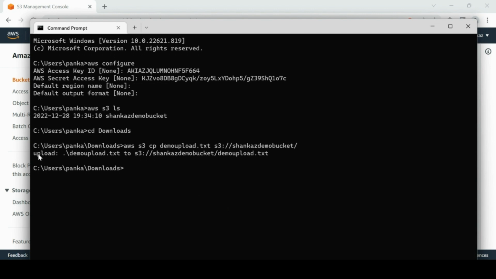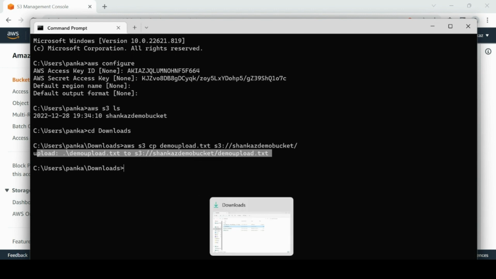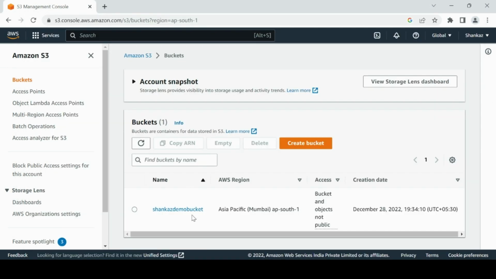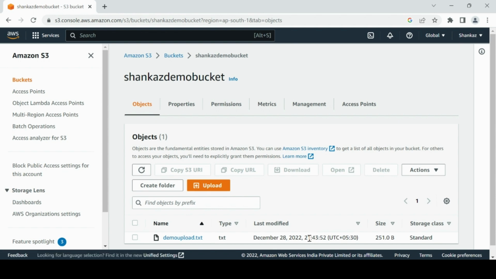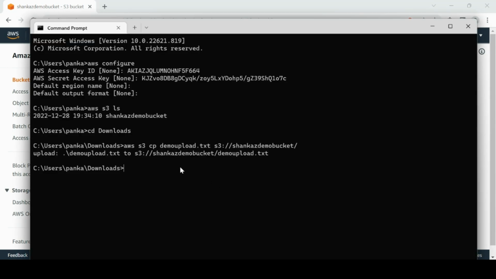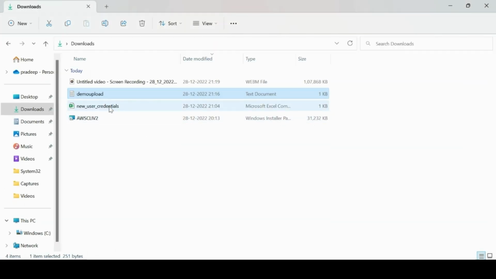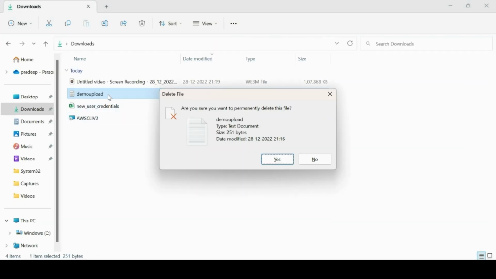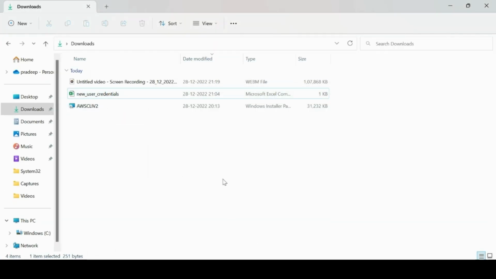I hope this will be uploaded. All right. So now we see there is one file that is already uploaded. I'll check here. I'll go into the bucket. Cool. It is uploaded. Wow. We don't have AWS console access, but still we are able to upload to this bucket. Now what I'll do is the reverse operation. But before I do that, I'll remove this